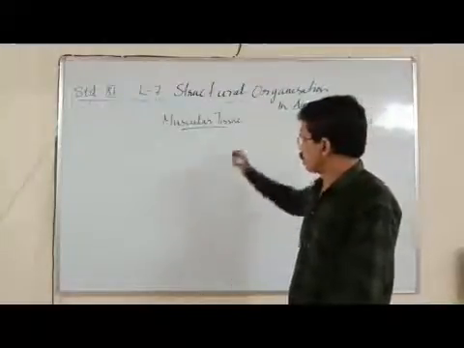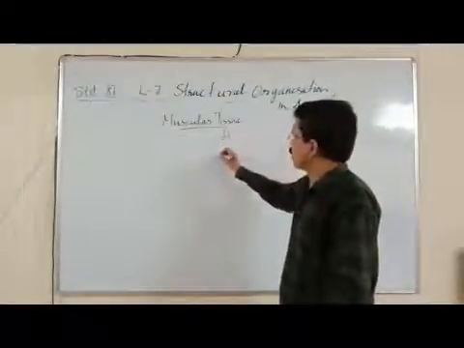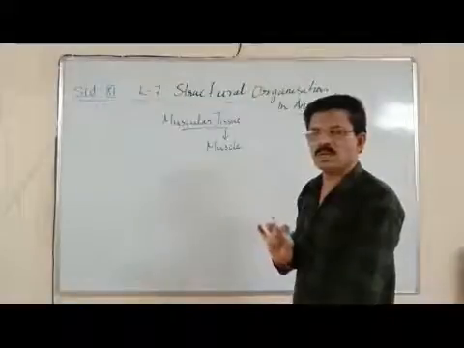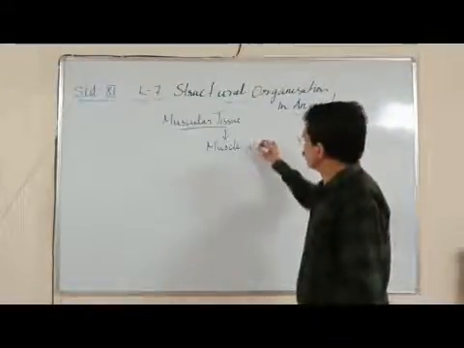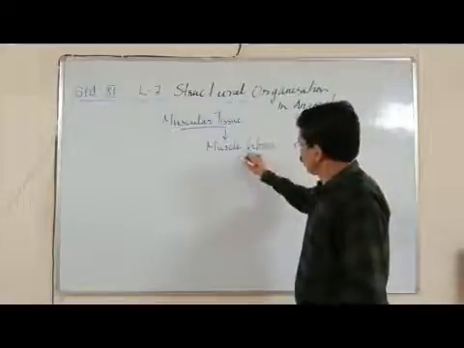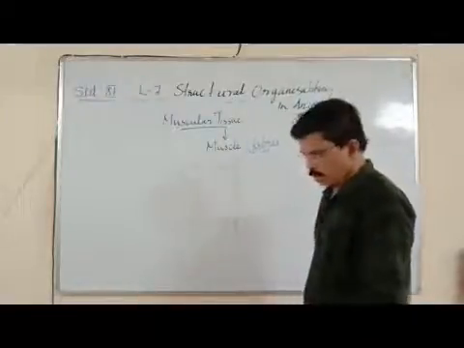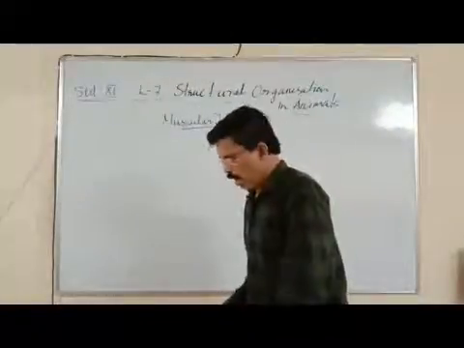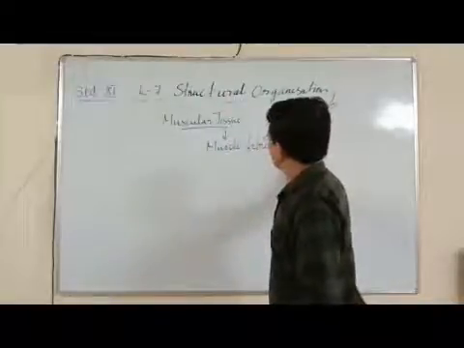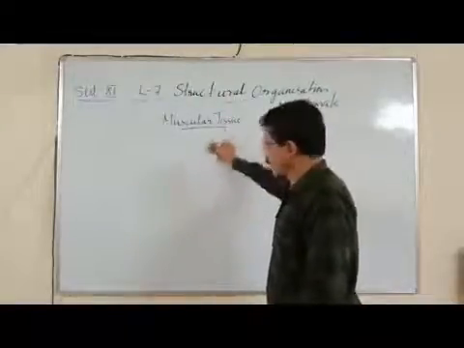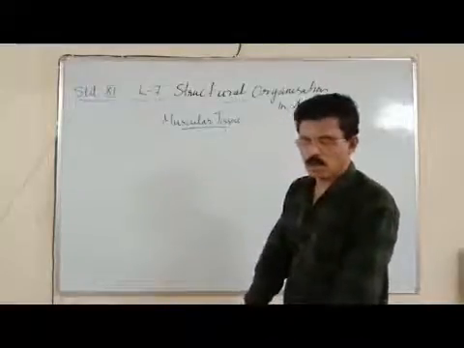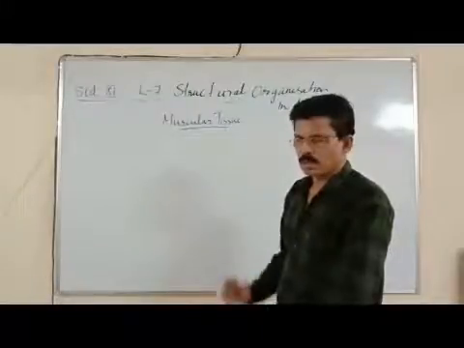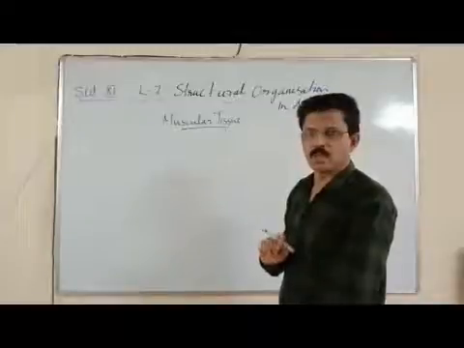So muscle tissues are made up of muscle fibers. Muscle fibers are the structural and functional unit of muscle tissues. Muscle fibers are long fibers. They are not short or round or cylindrical. They are elongated and long cells. Muscle fibers are the structural and functional unit of the muscle tissues, and they are very long. Sometimes they are even longer, up to 20 centimeter in our body.